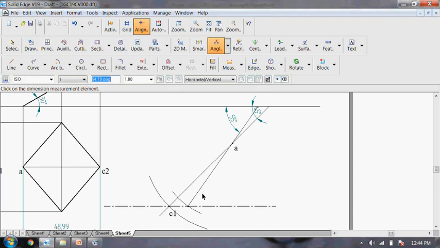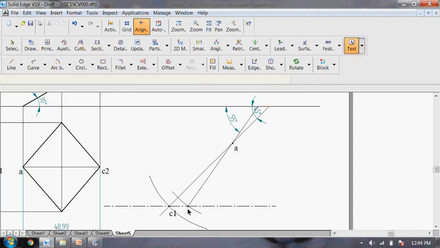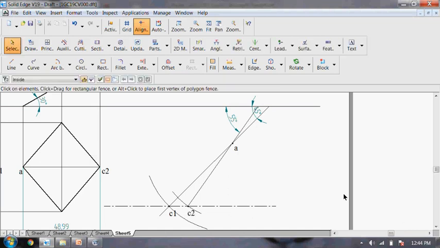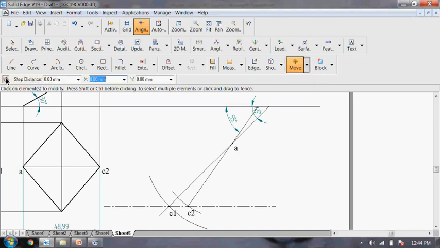So the beta angle, we found it. So I label the C2. Then next, the median of the irregular lamina AC2 is available. So go for the move command with copy.